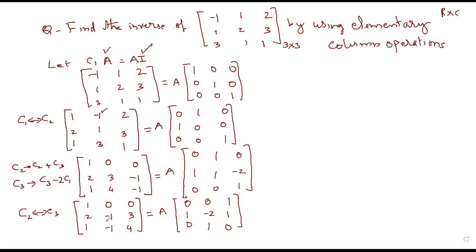Okay. Now easily we can get minus 1 converted into 1 by multiplying the second column by minus 1. The second column will change. First column as it is. Second column is multiplied by minus 1, 0, this will become 1, 1. Third column will not change, 0, 3, 4.